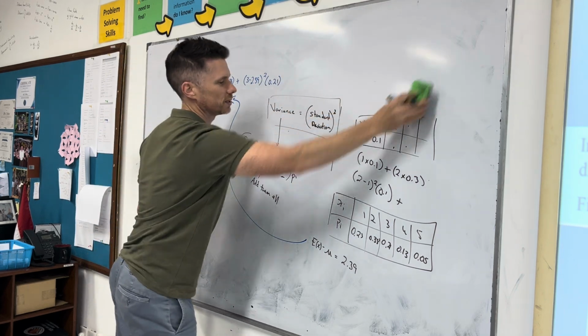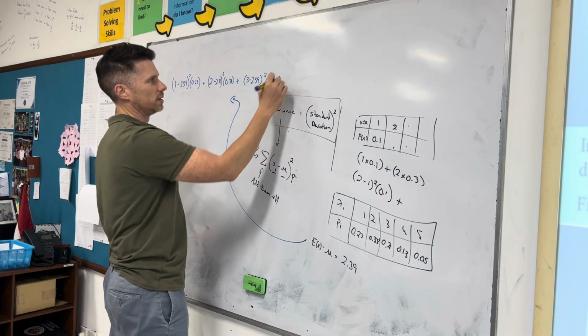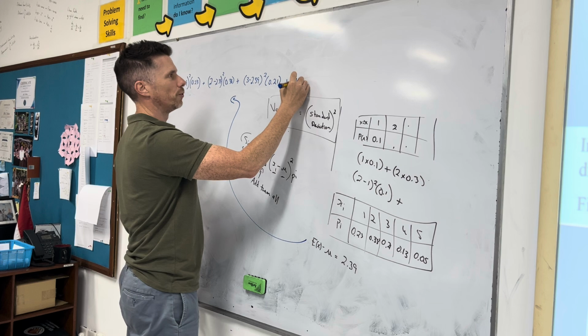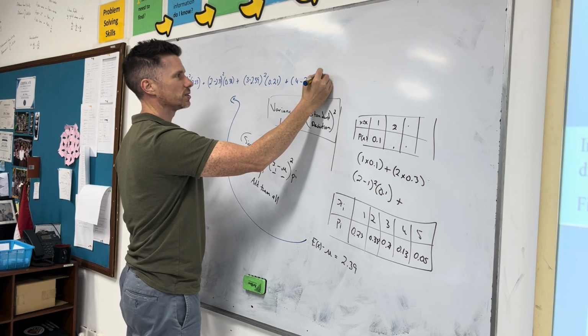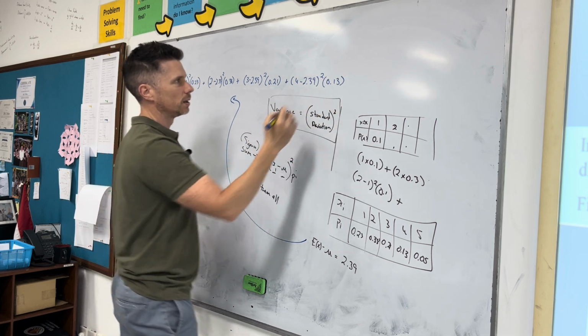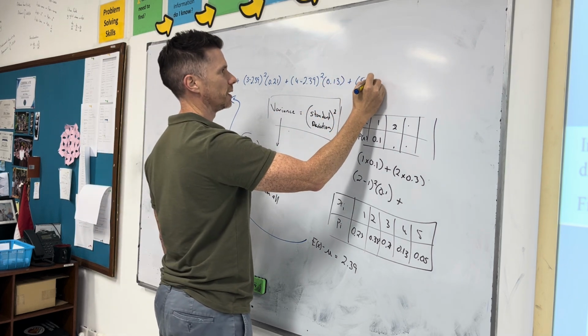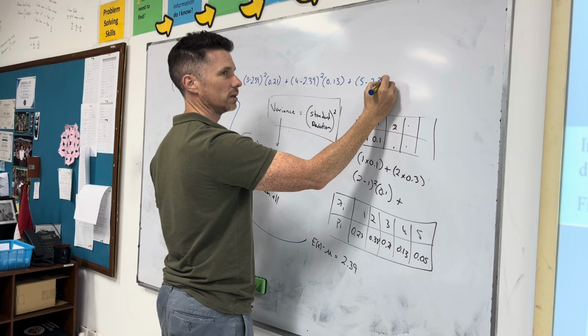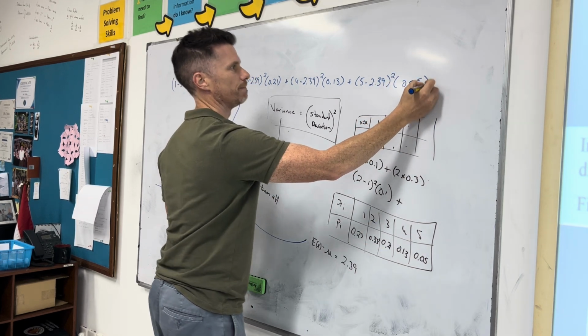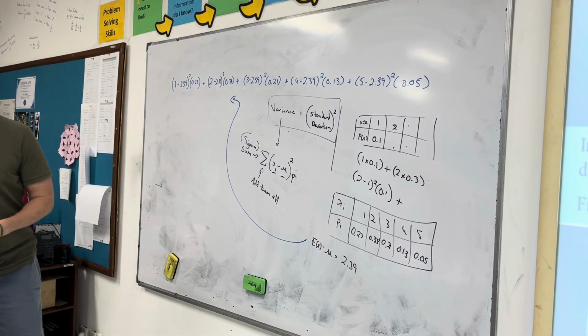I'll remove this, it's going to be a long thing to type. I would never probably write this out, I'd just do it on the calculator. 4 minus 2.39 squared times 0.13, plus 5 minus 2.39 squared times 0.05. Okay, and if I did all that out,